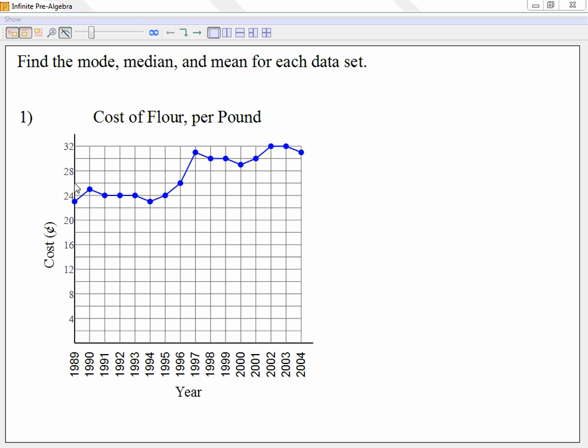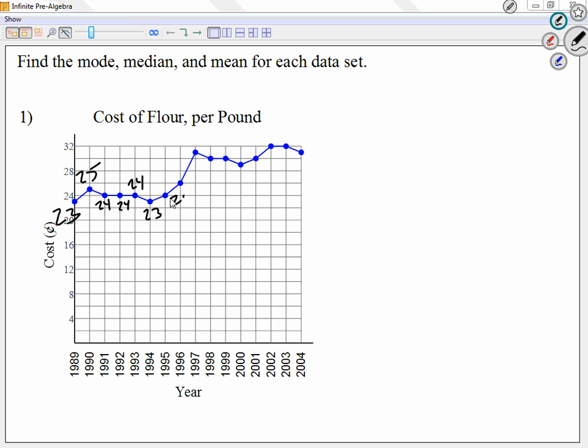So I noticed that each little square goes up by 2. Like you see how up here goes 28, then it will be 30, then 32. So each little square goes up by 2. So this first point, that's 23, right, because it's in the middle. This other one right here is 25. Then we have 24, 24, 24,